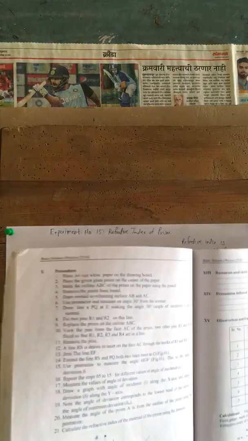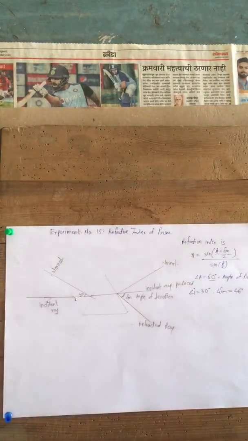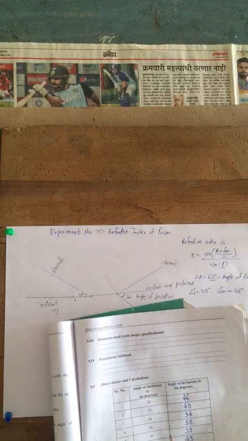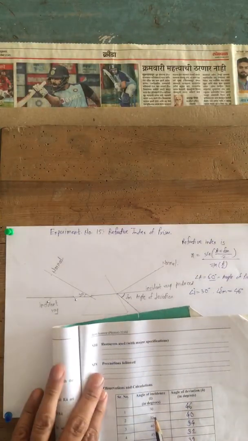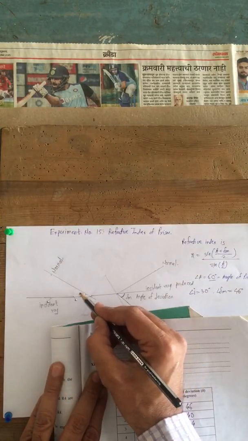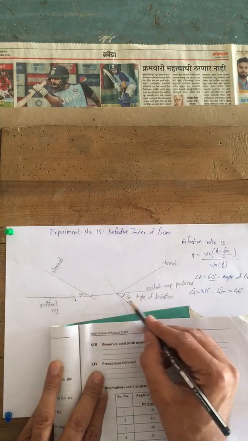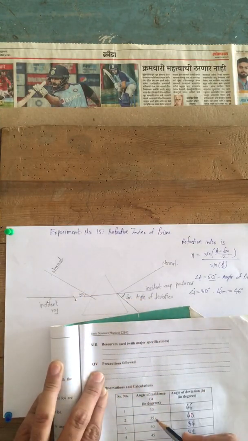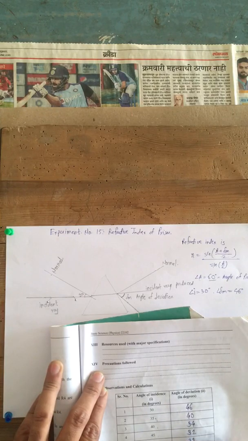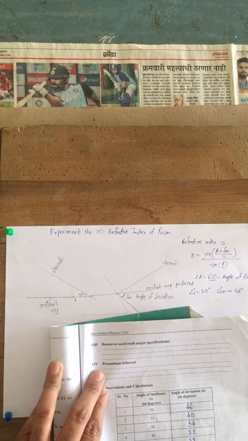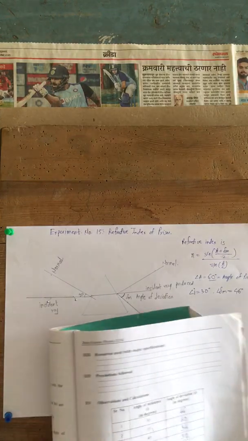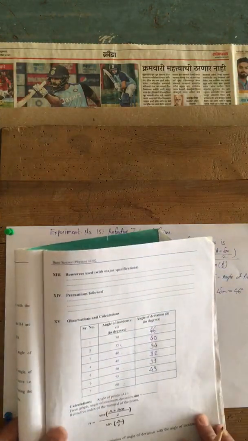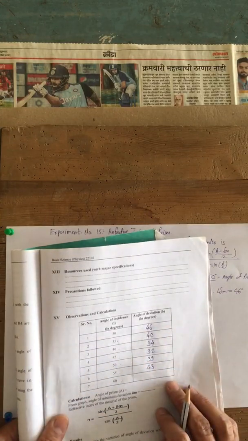Now you have to repeat the same procedure for an angle of incidence of 35 degrees. ये अभी हमने angle of incidence 30 degree के लिए मेजर किया. You have to repeat the same procedure, find the minimum angle of deviation for 35, 40, 45, 50, 55 and 60 degree angle of incidence. ठीक है. ये एक्सपेरिमेंट मैंने ऑलरेडी परफॉर्म कर रखा है. You can see the readings. ठीक है. The readings are also posted in the Google Classroom.